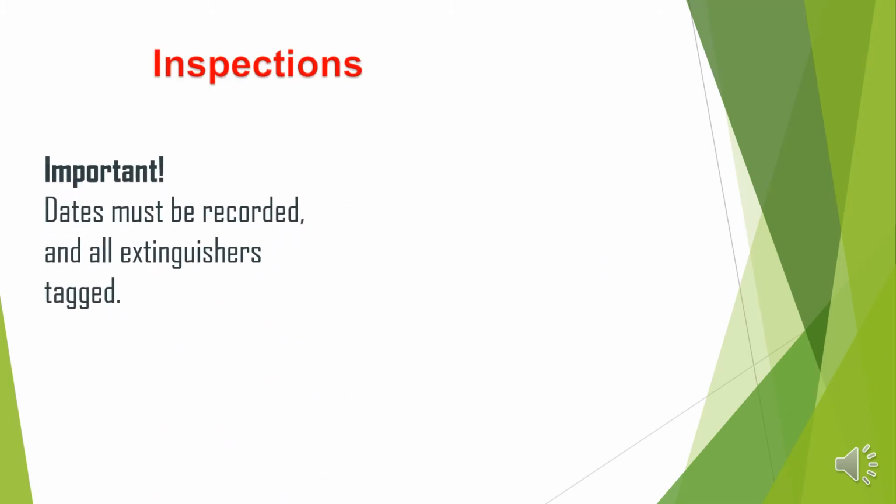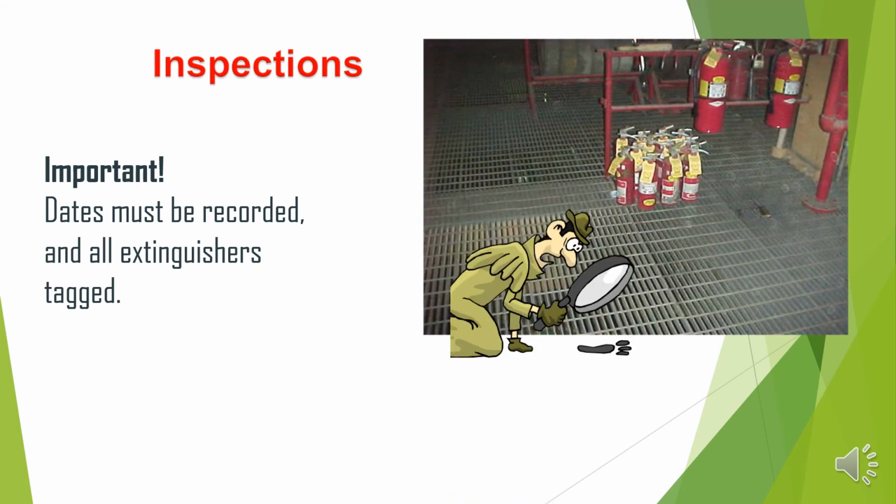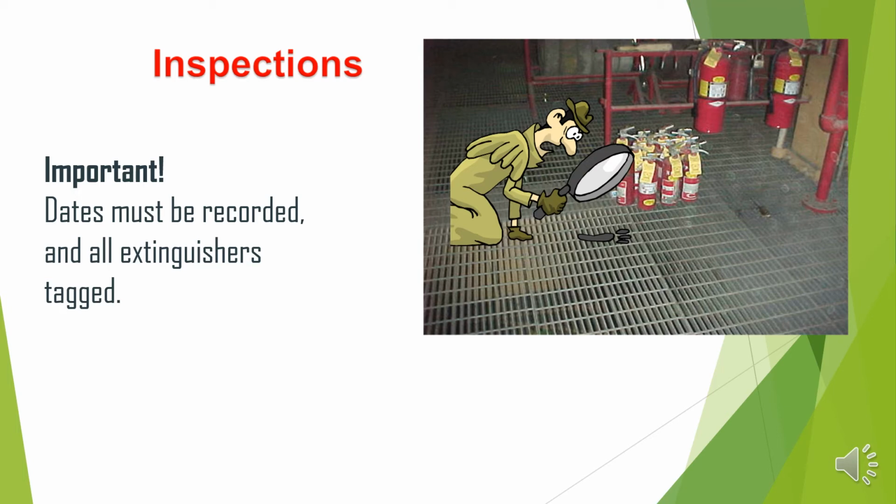What about inspections? It's important to do it. Dates must be recorded on all the extinguishers. We have to have a tag. The tag on the fire extinguisher will say what kind of material is inside it, when we did the last inspection and maintenance, and when would be the next inspection and testing for the fire extinguishers. So you have to do it very carefully. As you see here in these pictures, you have to inspect all tags of them, and this is the job of the safety officer.